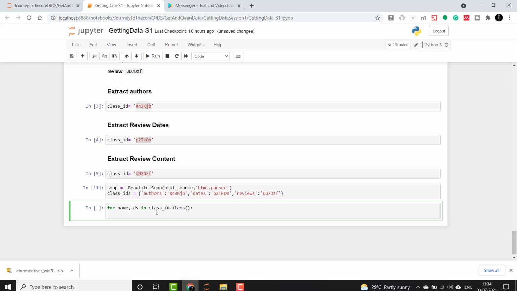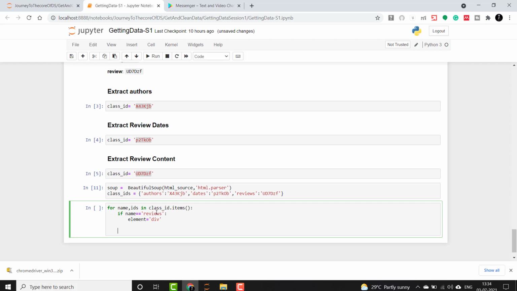How will we do that? We will say if name double equals reviews, then we will make the element div, else in both the cases of authors and date, the element will be span only.